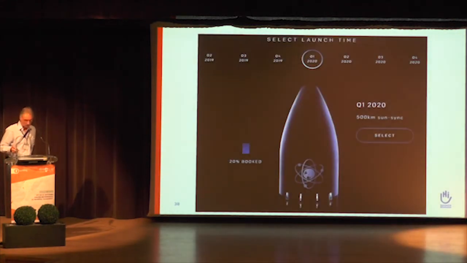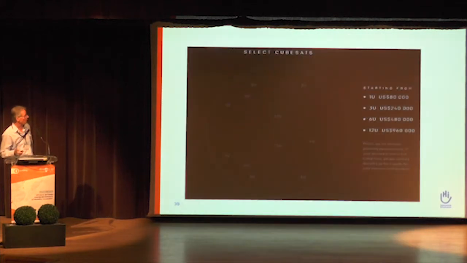You can pick the date at which you would like to launch your satellite. In this instance, it's the first quarter of 2020, and you see that 20% of the space has been booked. And here you see the prices depending on the type of CubeSat you want to launch, a number of units. In this case, the Doves would be 3 units, and that costs